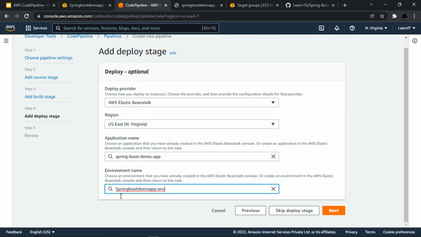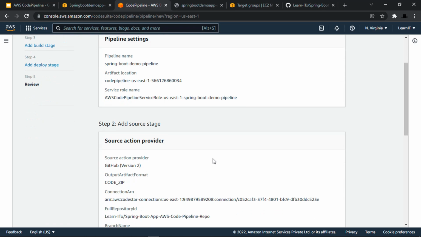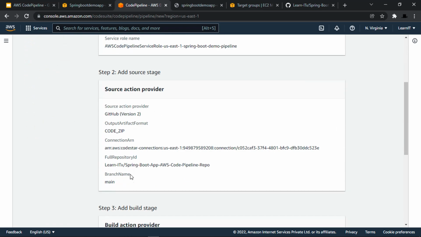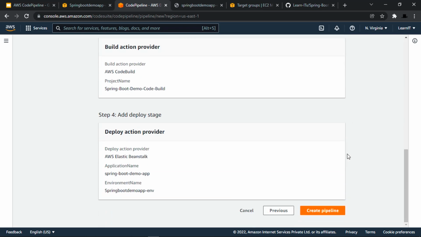So I am choosing Spring Boot demo app environment. Let's click next, and here we can finally review the complete pipeline. Our pipeline name is Spring Boot demo pipeline. Our source is GitHub. Type of artifact is code zip. So let's hit create pipeline,